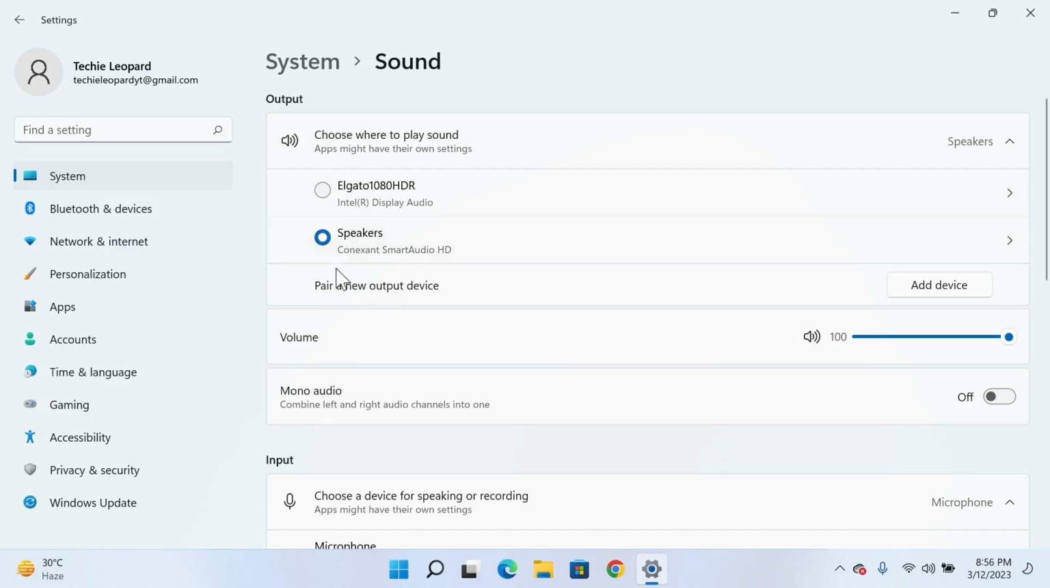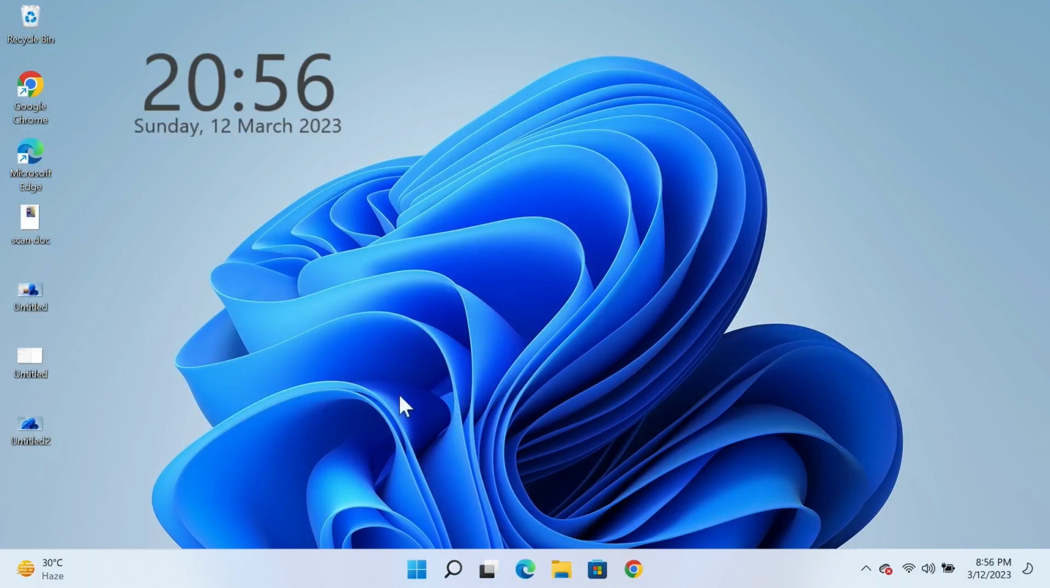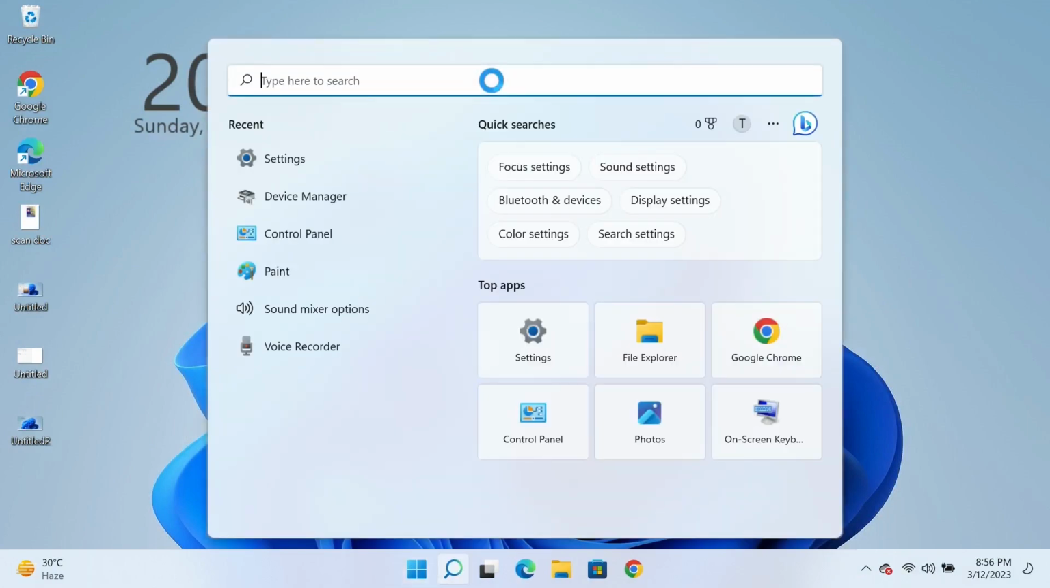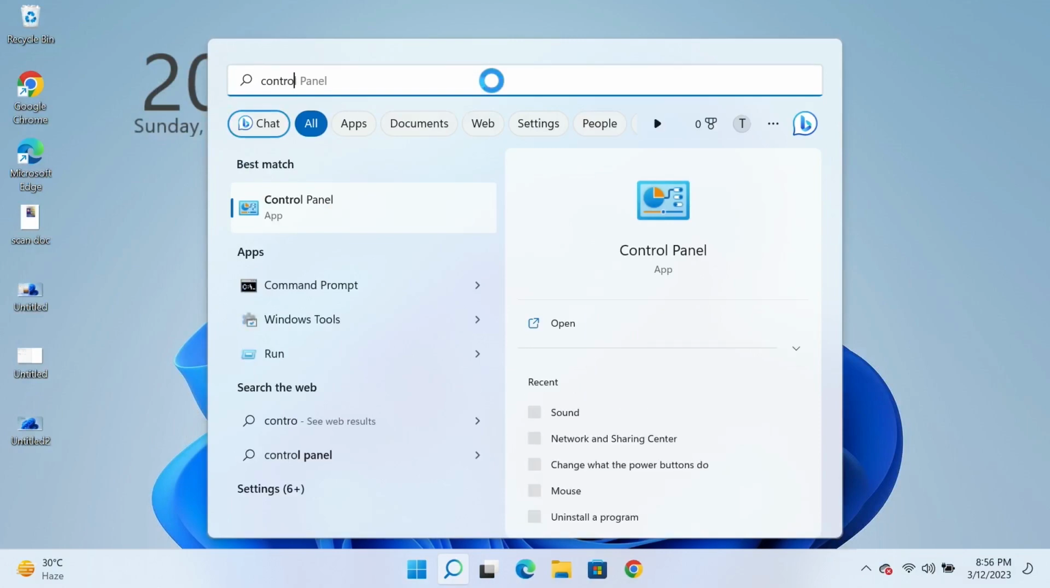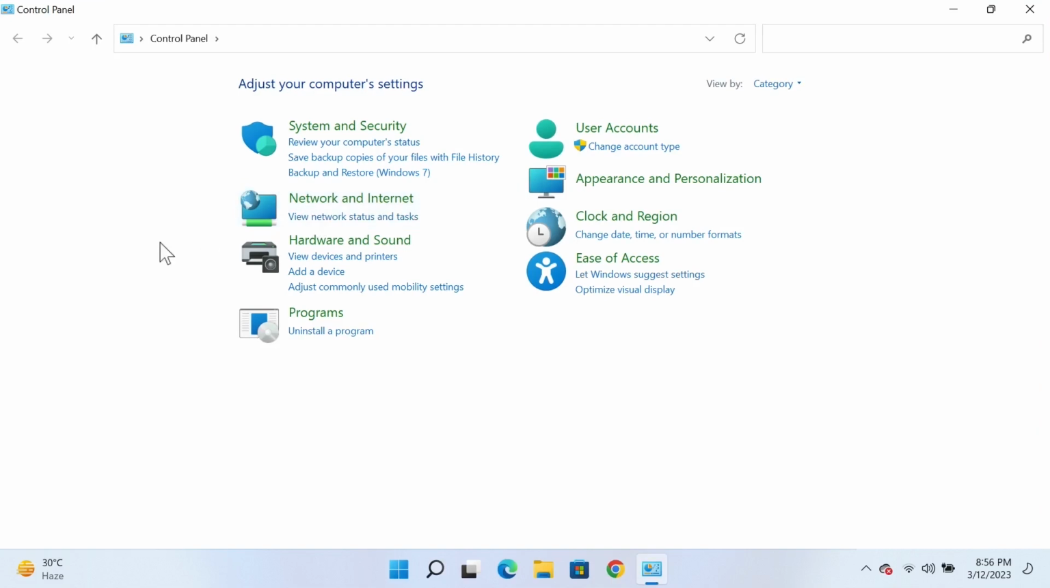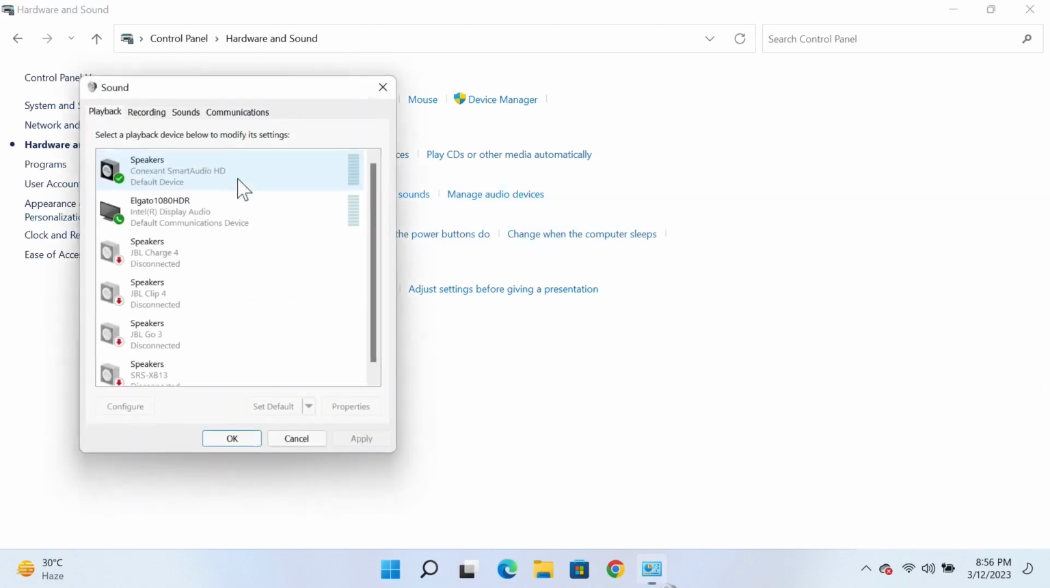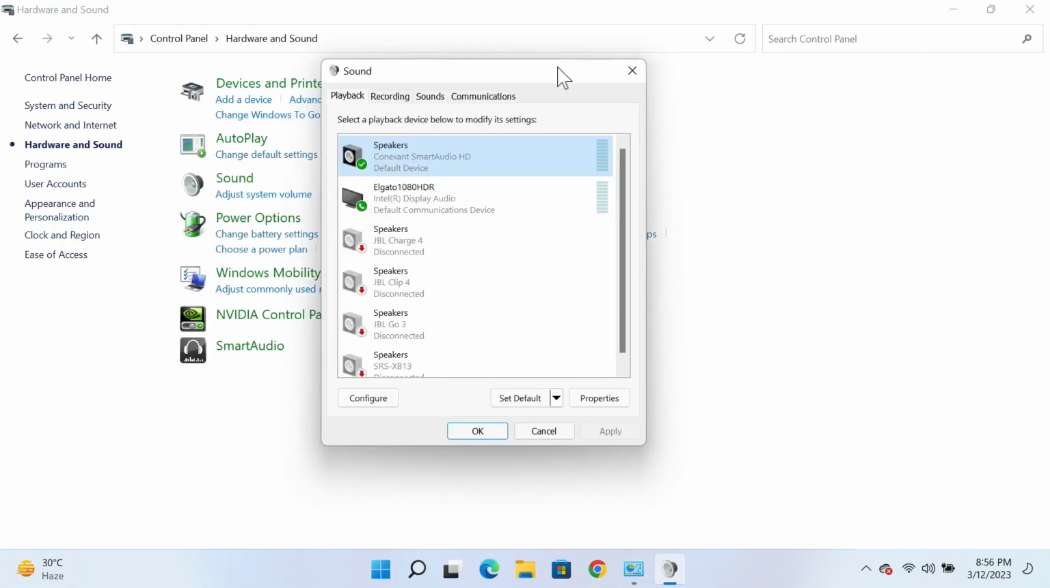Now once you're done from here, just close this window and then go to start again, and then search for control panel. The best match should come up as control panel. Click on it. Now from here, click on hardware and sound, and then click on sound. Now from here, you need to double click on the speaker or headphones that you are using,